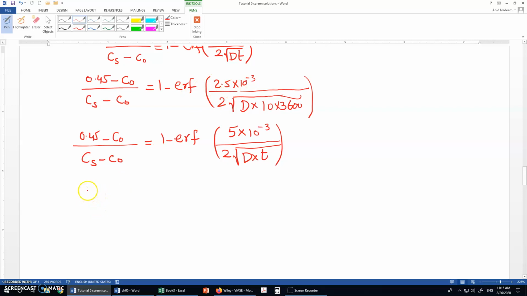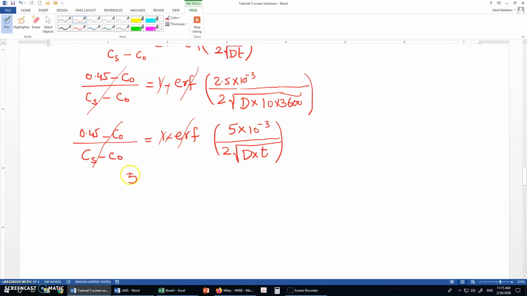I can simply cancel out this, cancel out this negative, cancel out this ERF, although it's not a scientific way of cancelling it out, but first we need to equate them and then subtract these things. Anyway, so now we know that 5 into 10 to the power minus 3 meter over 2 under root D t is equal to